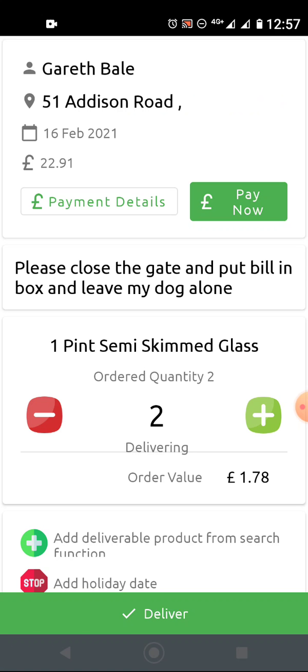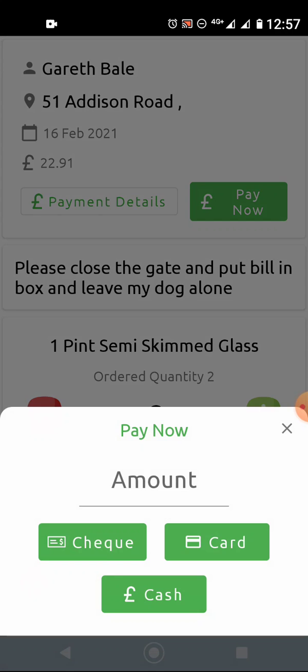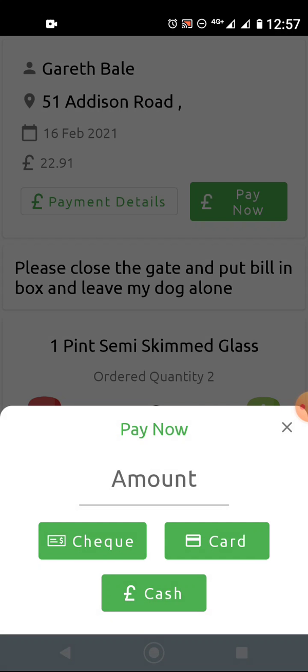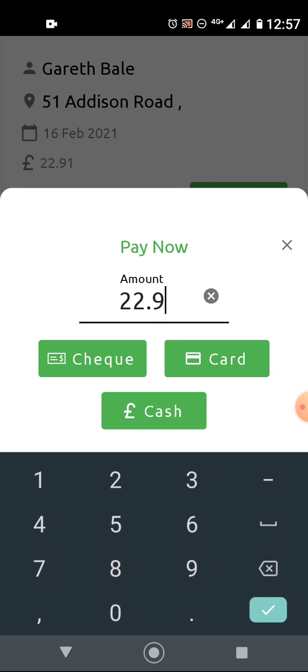£22.91 will be the end of week balance on Sunday. So that's what that is for. You can click the Pay Now button. So if you go, then there is £22.91 or any figure or any money that's left. You can pop that in and you can just click card, cheque, cash, whatever you want, and that goes straight